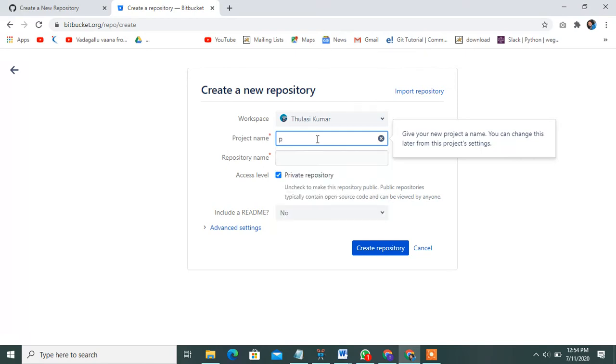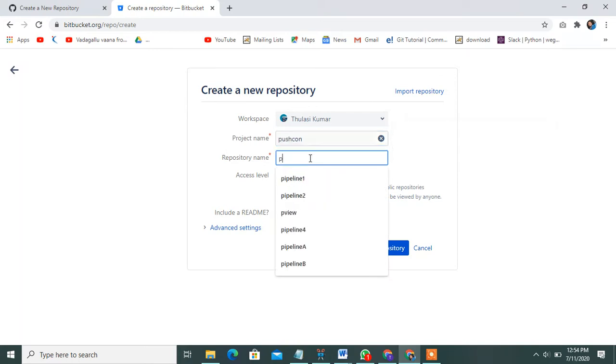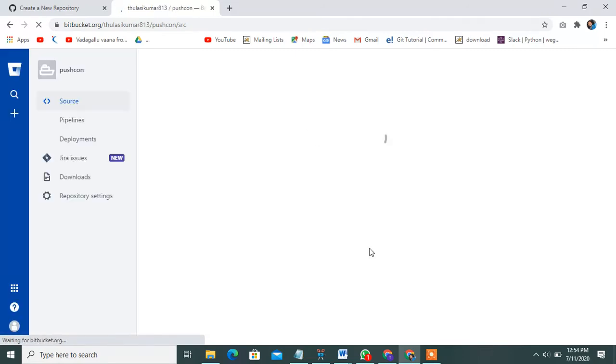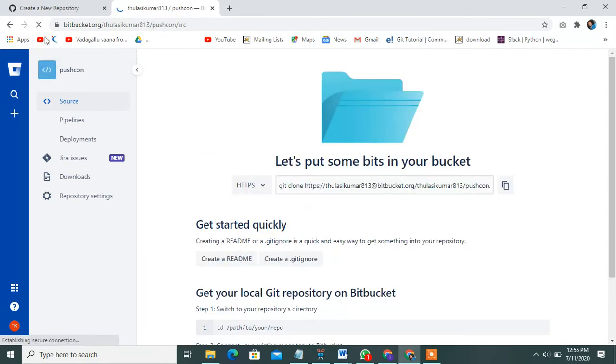Repository name, push concept. When I access the public repository and create the repository, it is successfully created.